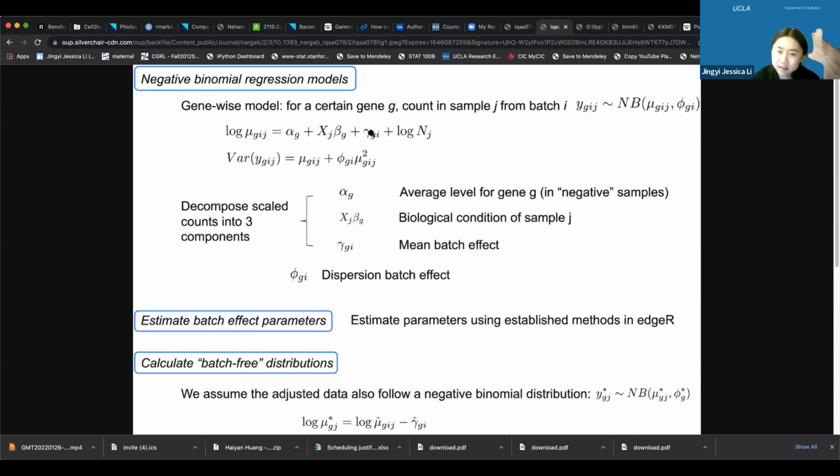And we have another shift offset. This is called the mean batch effect. So this is batch I's effect on gene G. Okay, so G is here, I is here, but sample J is gone because we are not caring about a particular sample. And finally, this is the total sequencing depth of sample J, the thing we talked about. It also enters this model. And actually, if you look at this relationship on a non-log scale,